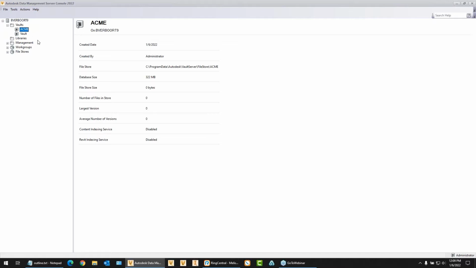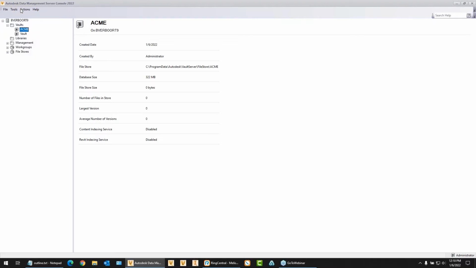Although you can see I have other Vaults here, and you can have various Vaults in your organization for testing purposes, et cetera, this will be the Vault that we're importing into. Give you a little bit of background on that. One of the things that you're going to need, and even to get this far, you'll need administrative permissions. But the importing process and the utility that we use for importing also requires administrative permissions,